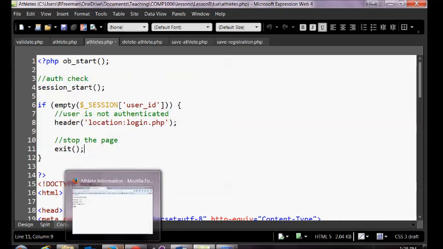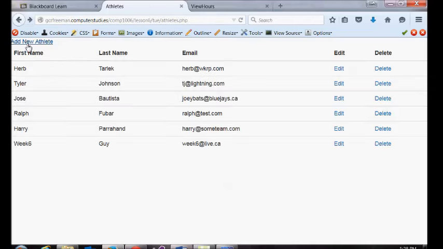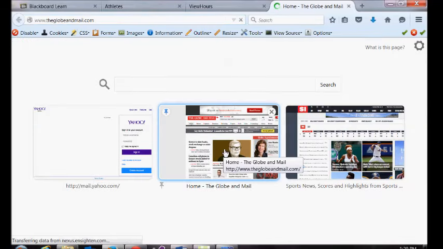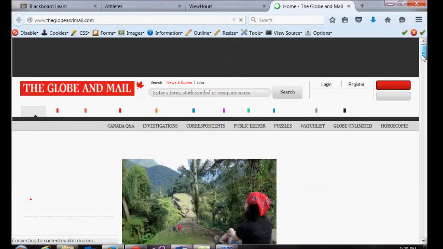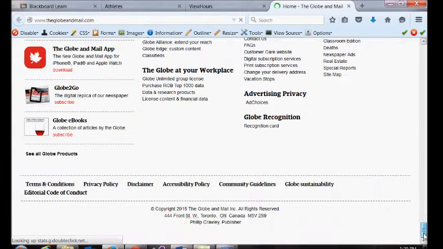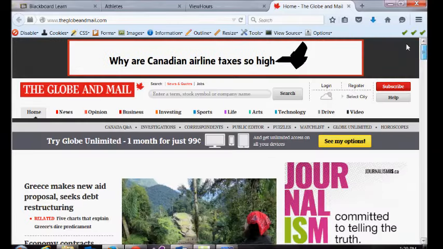But it's not only code, sometimes it's visual elements, right? Let's look at the top of this. So we've got an add link and we have a list link. What should we do at the top and also at the bottom of this page that we would expect to see in every single site? Well, I'll go back here. I'll go back 8 weeks, right? We went here, and I said to you, what stays the same and what changes? Right? So the header and footer are going to be common